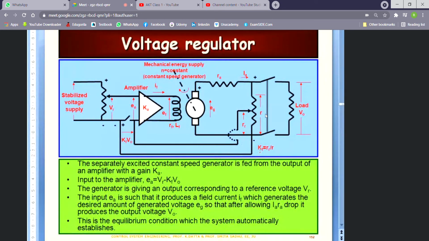So you find that this Kf is a constant. You can see this, right? This one is what I'm referring to. And this Kf will be equal to the ratio of small r suffix R by only R, where small r is the resistance of the whole of the resistive element, and the suffix r is the portion of the resistive element which is actually taking the voltage for the feedback. So basically the amount of voltage that is being fed back is a fraction of what you get at the load side or the output side, right? That is equal to KfVO.